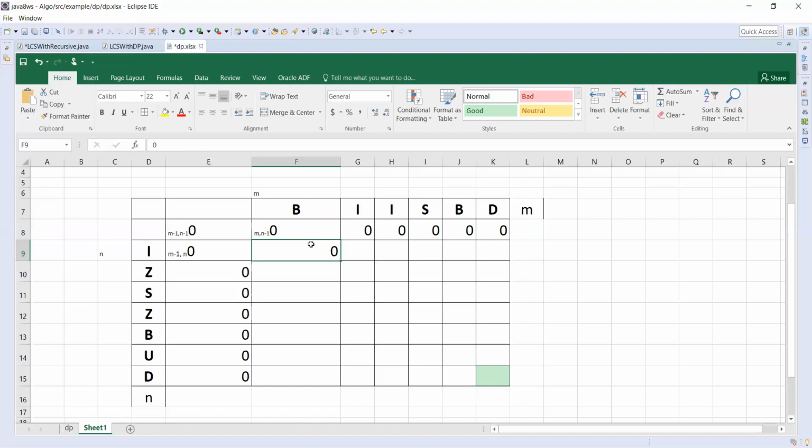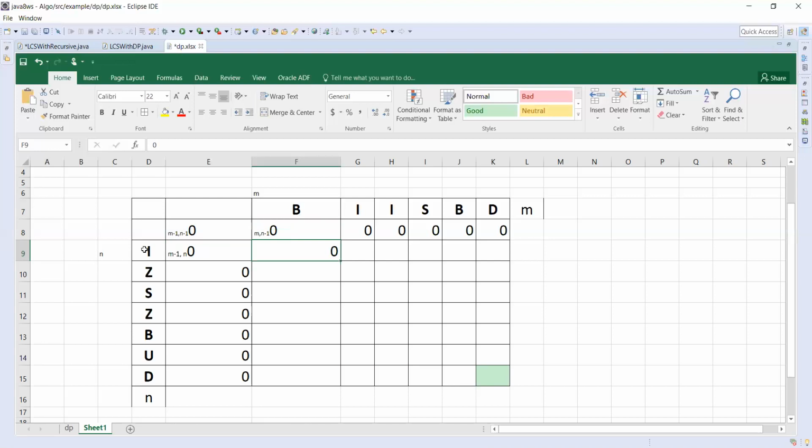But here I and B don't match. So we need to take the maximum of LCS of m comma n minus 1 and m minus 1 comma n. That means the maximum of these two values. Here the maximum of these two values is 0.